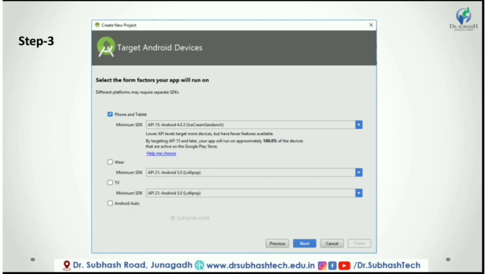Wear, we use this option for Android watches, which we can wear on our hand and use the same functionality as we do with Android devices. You can call, set the alarm, capture images and many more things easily. TV, we use this option for smart IPTV, which is very common these days. We can see our favorite channels like we see on our home television and change channels easily. Here we are going to implement the app for phone and tablet, so we selected the phone and tablet option, click next, and we will install the required components.